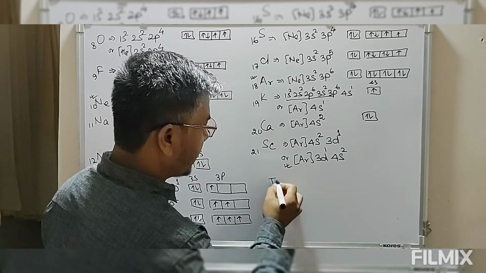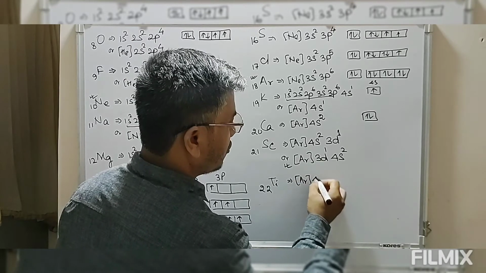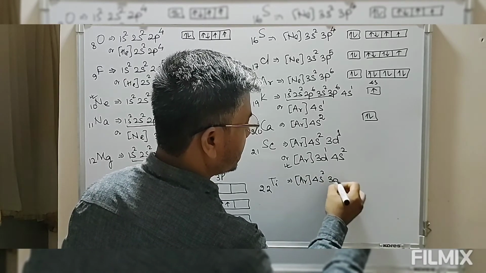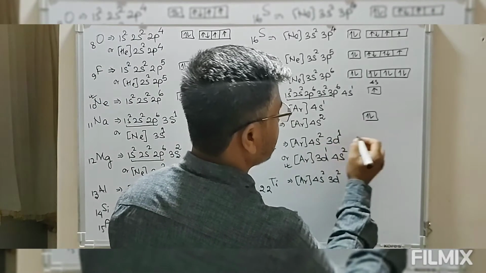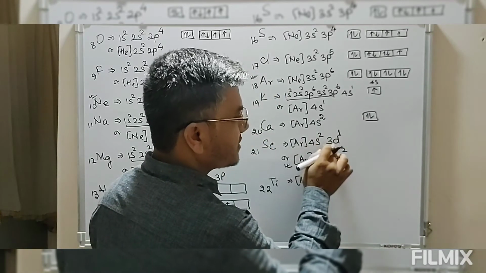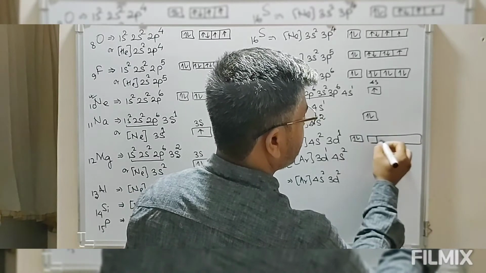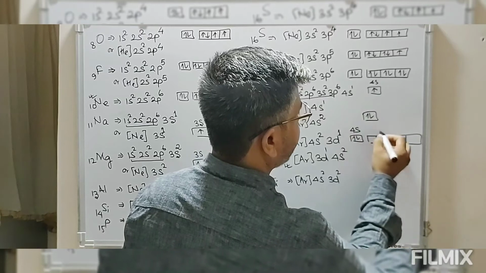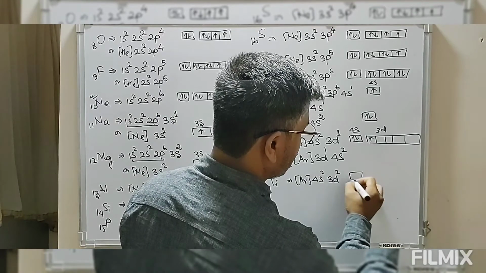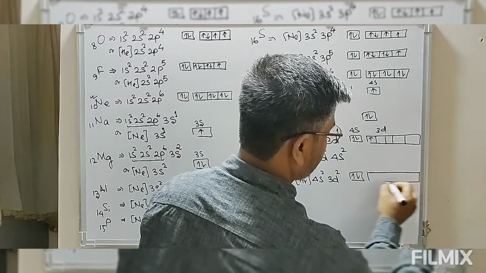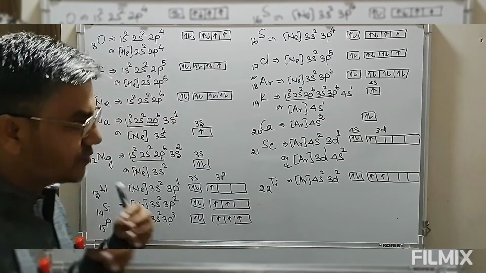Now have a look at titanium, 22. We can write argon 4s2 3d2. I'm just showing only the d orbital. This is 4s, this is 3d. We have 4s2 and 3d2, with one electron each occupying separate d orbitals, again because of Hund's rule.